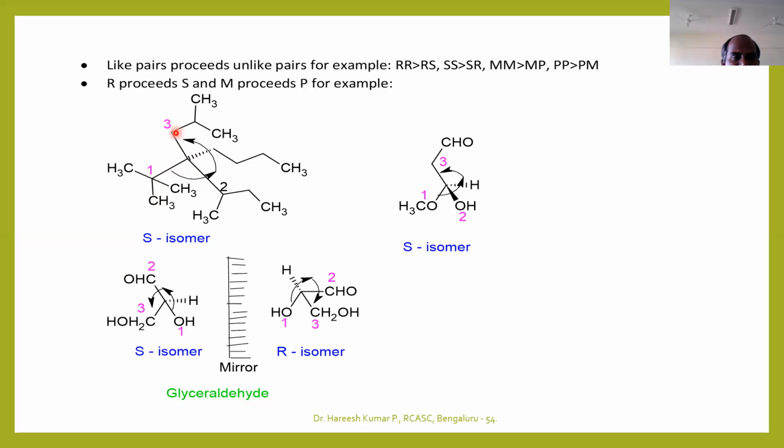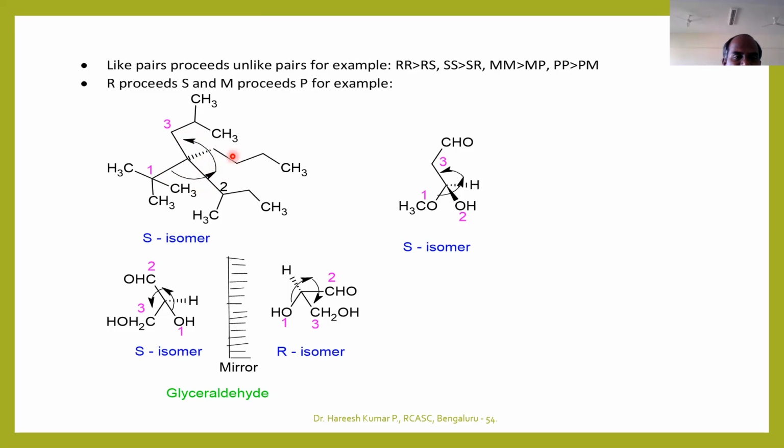And you can observe that this is the one carbon atom. This carbon atom is attached to an isopropyl group. And you can observe that this carbon atom is attached to one CH3, another CH2. Between these two, this carbon takes priority, and this one will be the third priority. And when you are moving, you have to mark an arrow from carbon 1 to carbon 2, carbon 2 to carbon 3. That means priority 3.